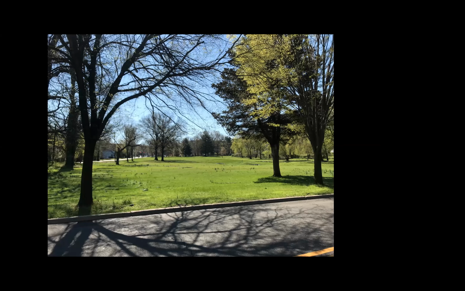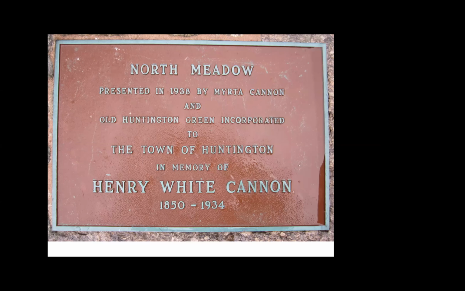A 2-acre parcel was purchased at foreclosure by Henry Cannon, who lived across the street in, I think it was 1932. He died shortly thereafter, 2 or 3 years later, and his widow decided to donate this parcel to the town of Huntington as a memorial to her husband,